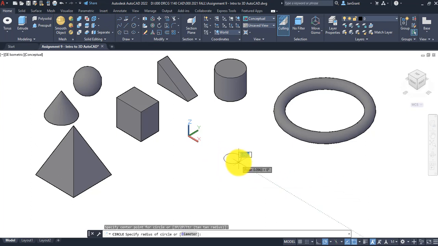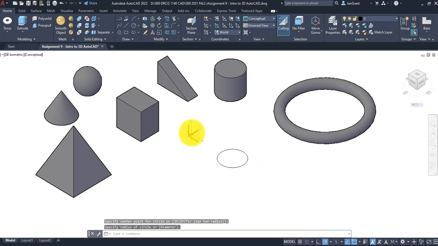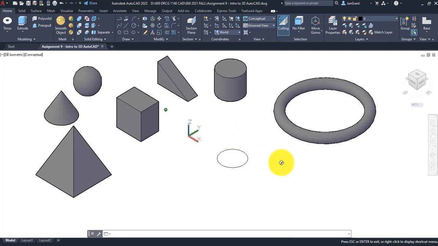And I clicked on circle center radius, and now I'm clicking at center point. I'm pulling my mouse and clicking another point. Notice here that by default, it's going to draw that circle on this kind of X, Y plane right there. And if you hold your shift key and the wheel of your mouse at the same time, and you move